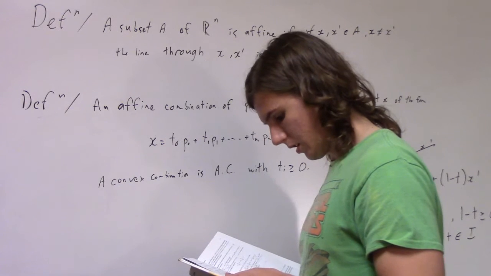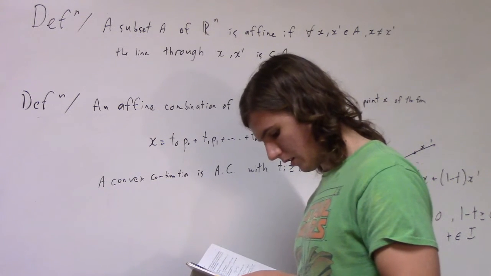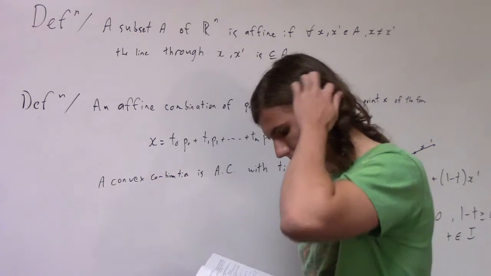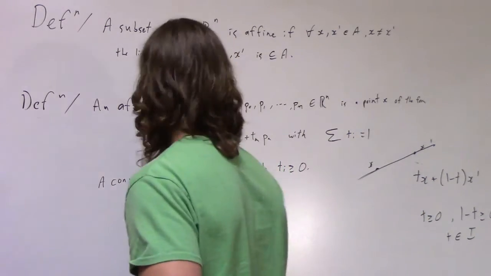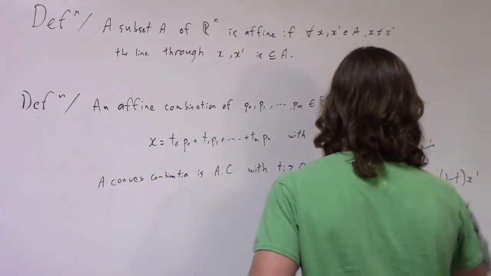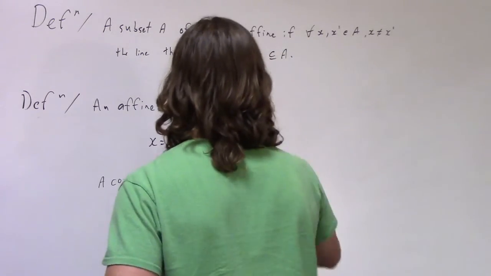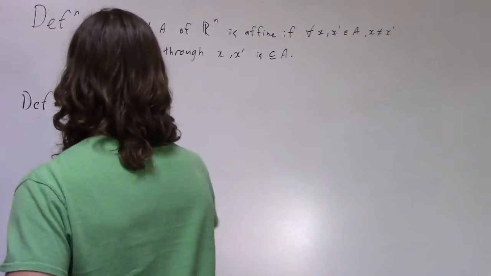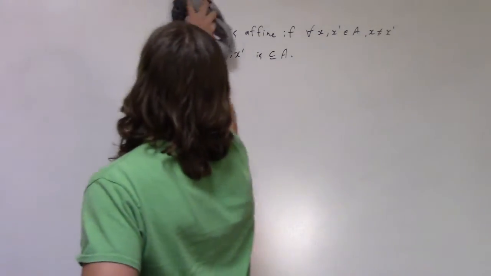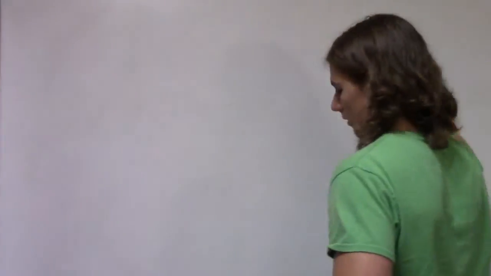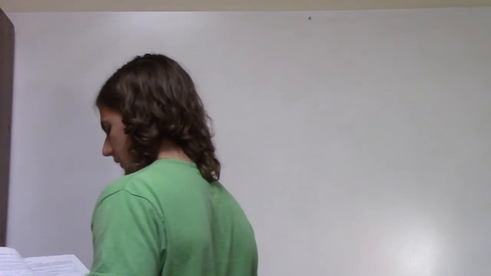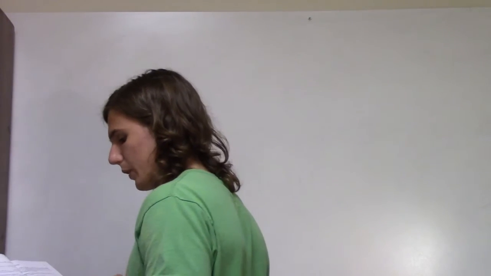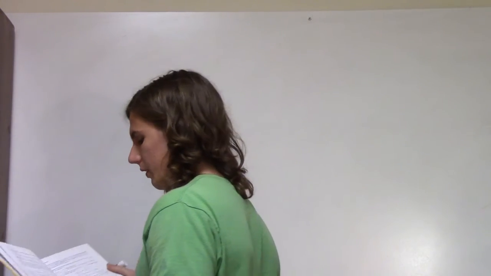Okay, so now we're going to do a fun proof. I thought it was interesting. So basically, let's see, I'll write down the theorem. You might want to give yourself room for the proof of this thing. So this next theorem is showing that the convex hull of a set of points is precisely the set of all convex combinations of these points.